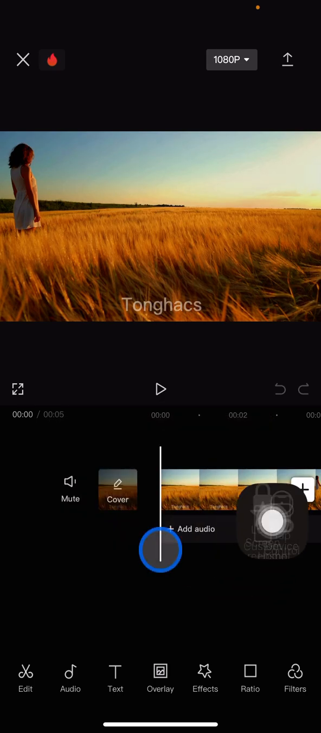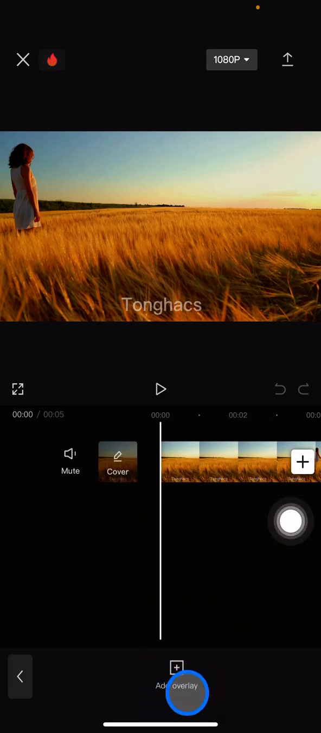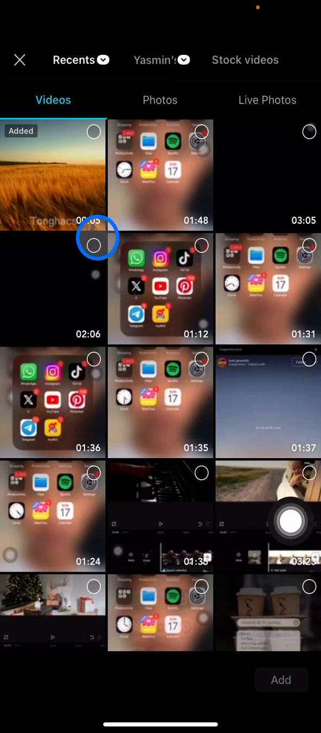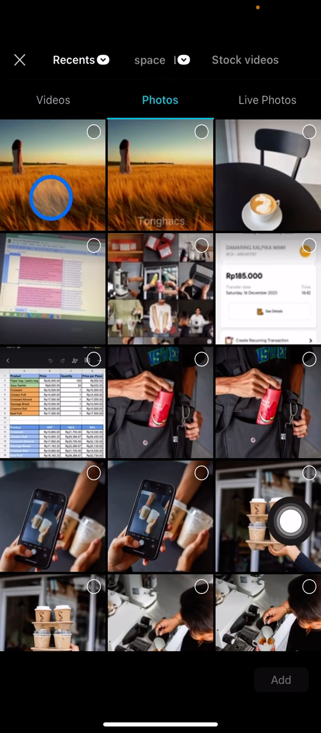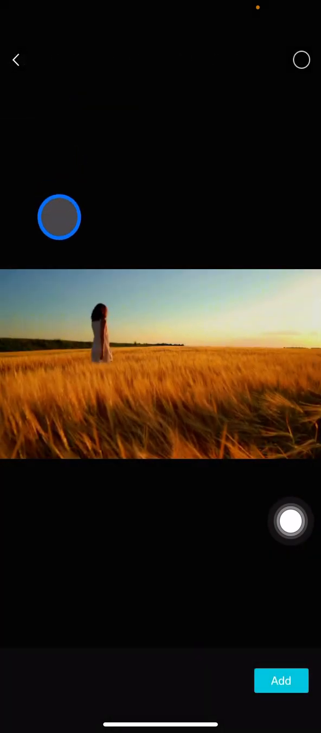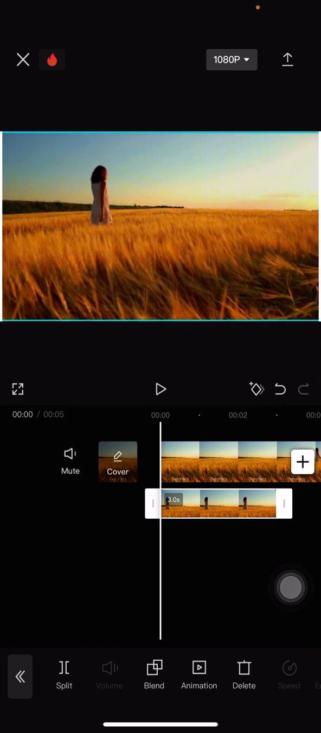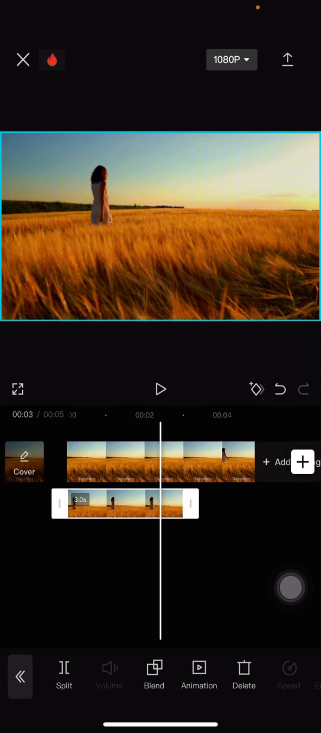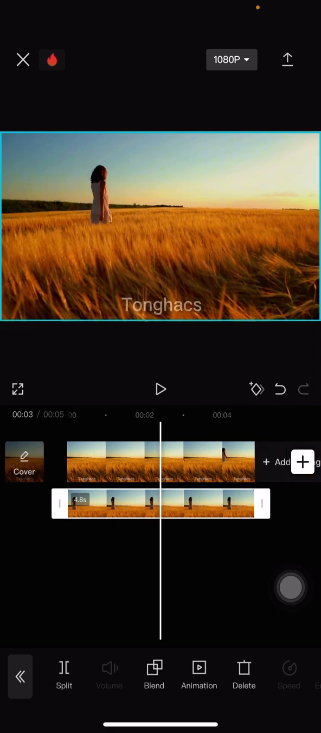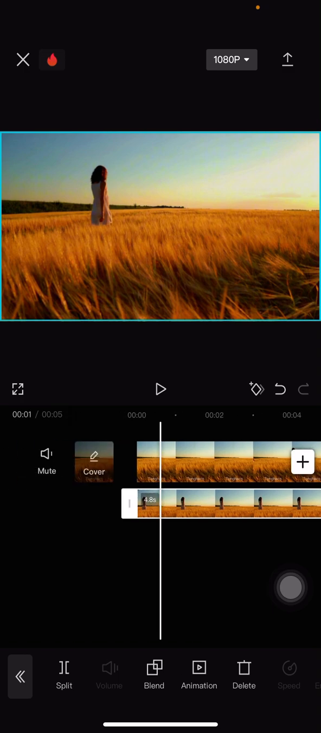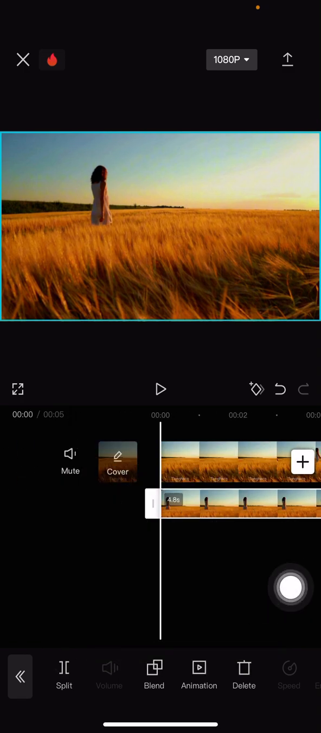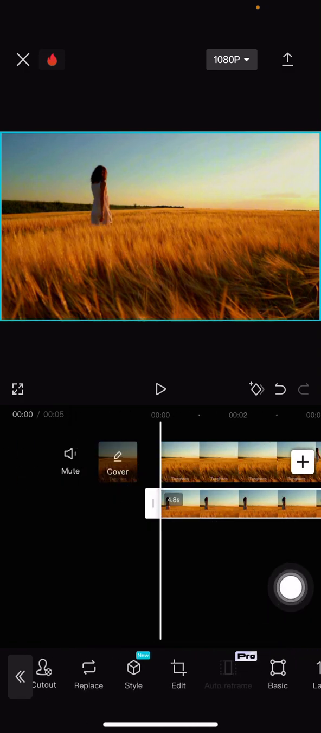And now let's add the overlay. For this overlay, we need to click add overlay, go into the photos, and add the photo that we already edited with PixArt before, and just click add. And now we need to make the size quite the same as the primary video by pinching with two fingers, and you also need to make sure that the length of the overlay is the same as the clip. And now we need to find the mask